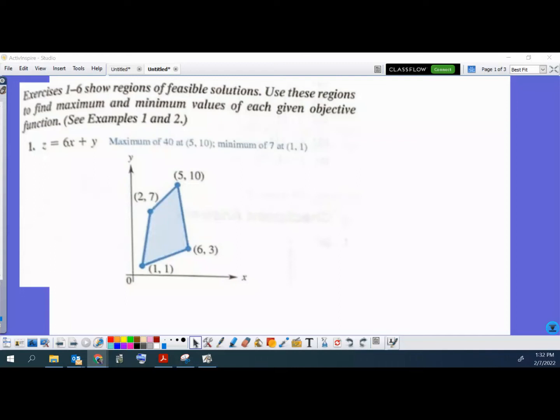All right, so like I was just saying, the problem here already has this feasible region graphed for you. In the last section, we were graphing systems of inequalities and graphing a feasible region. That's what this is. That's already done here. So this is the feasible region. Feasible means like possible, right? So basically, the idea is that all the points in this region are possibilities, possible x, y ordered pairs for